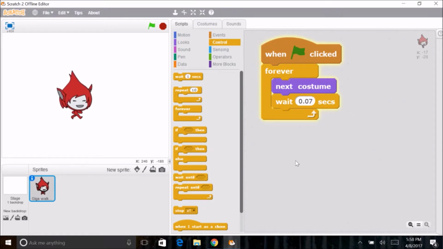But the truth is that we're gonna have this Giga pretty small, so you can't see it that well. So right now, this looks just fine to me. So I'm gonna just put him right there, and we're gonna have